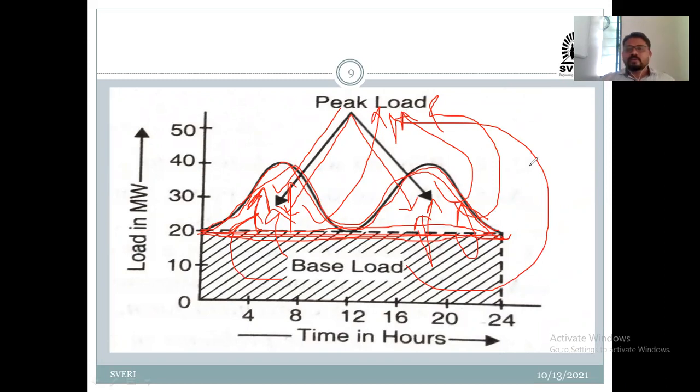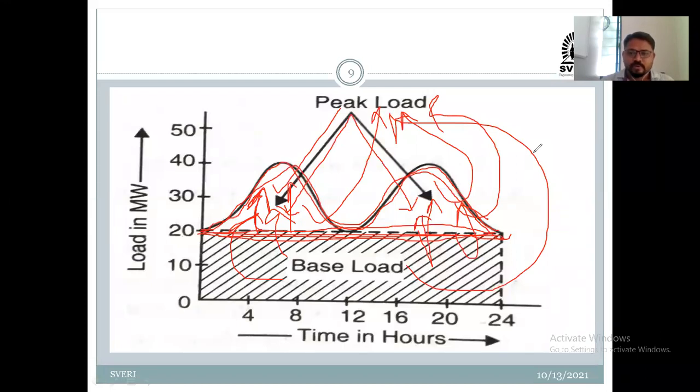Okay, see, generally whenever any information of any power station is given to you, they give the base load and peak load. तुम्ही कुठल्याही पॉवर स्टेशन बद्दल जर माहिती घेत असाल तर त्या पॉवर स्टेशन मध्ये बेस लोड काय आहे and what is my peak load, they will give, or they have their own information that for our power station this is my base load and this is my peak load.